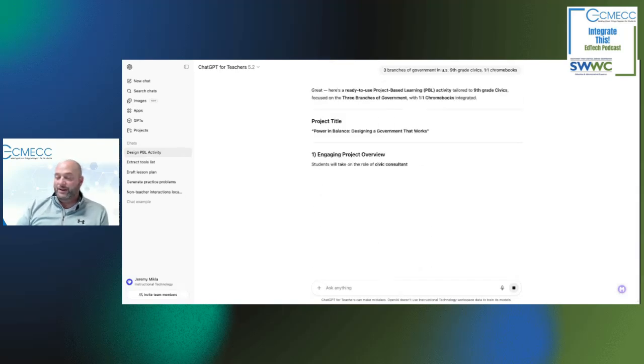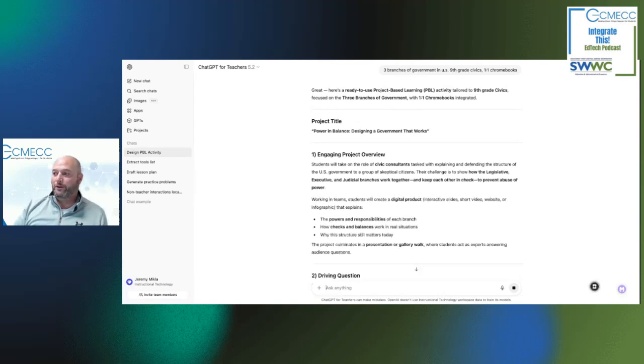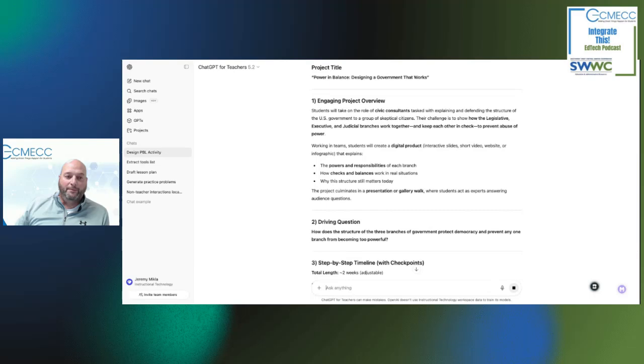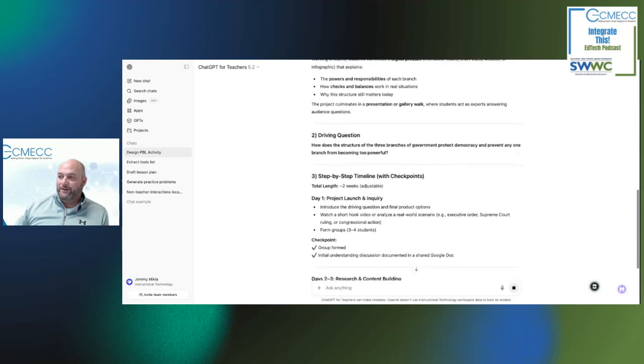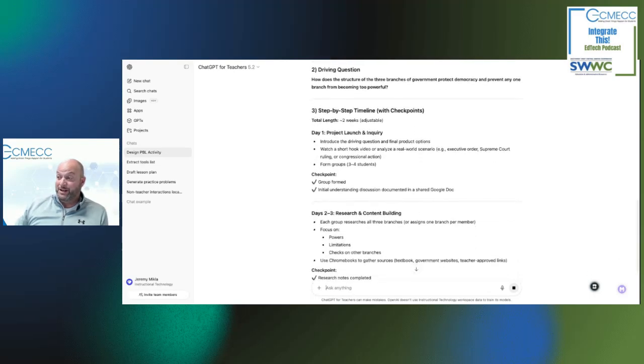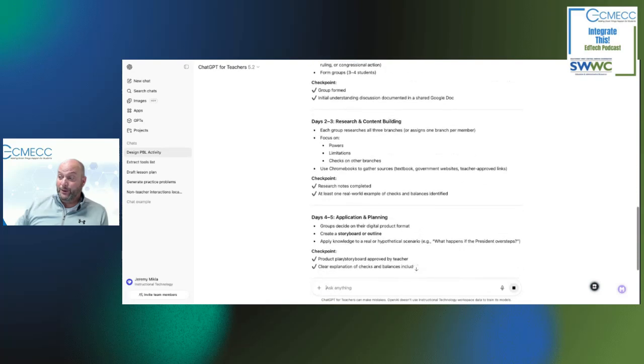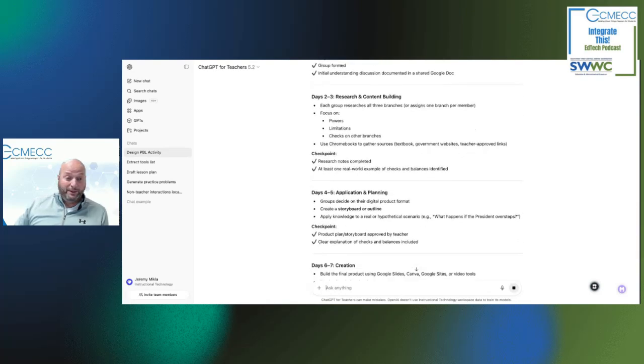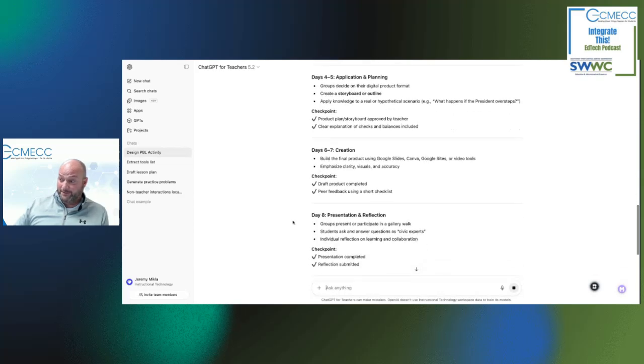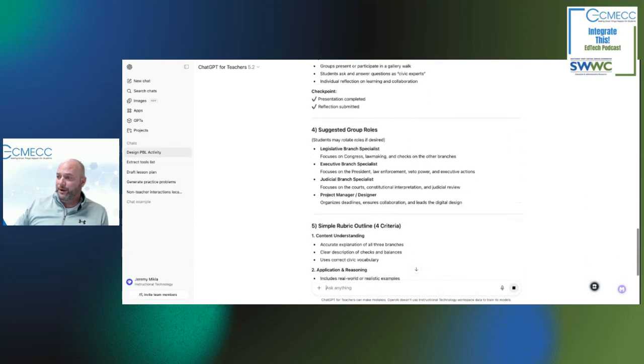And so you could see it's spitting out already some ideas for a project called Power and Balance, designing a government that works. And then it goes into creating an overview of it. It gives me some driving questions, maybe a timeline to do. It lays out the unit plan into days of research, some application stuff. And so this looks like a pretty decent